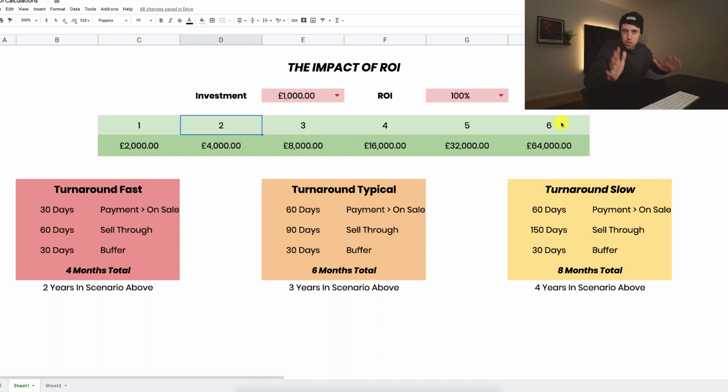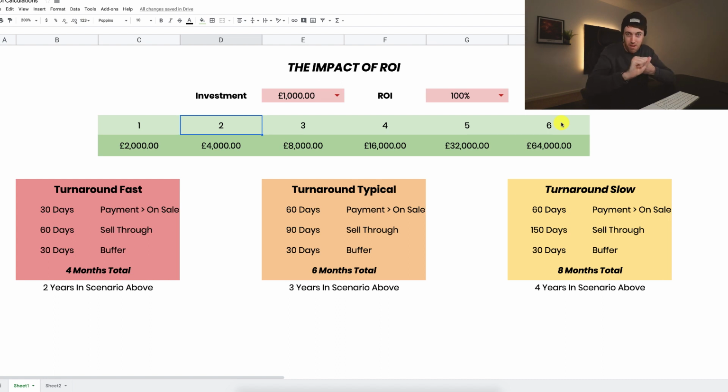Now this is, just a little warning, this is a very simplified process and idea. There are so many factors involved, like maxing out the demand of your product. You could order 10,000 units, but it might only still be selling 150 a month. So this only goes obviously so far, and it is just to give you an example, but just to clarify before I get some abusive comments.